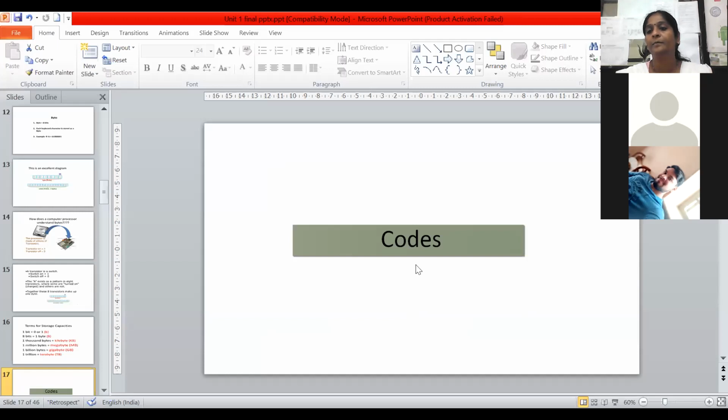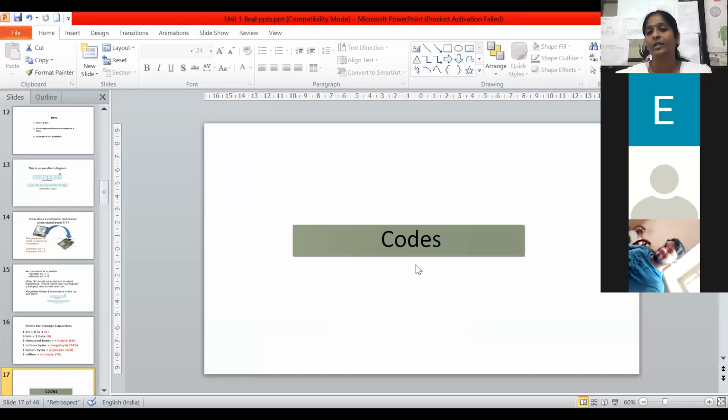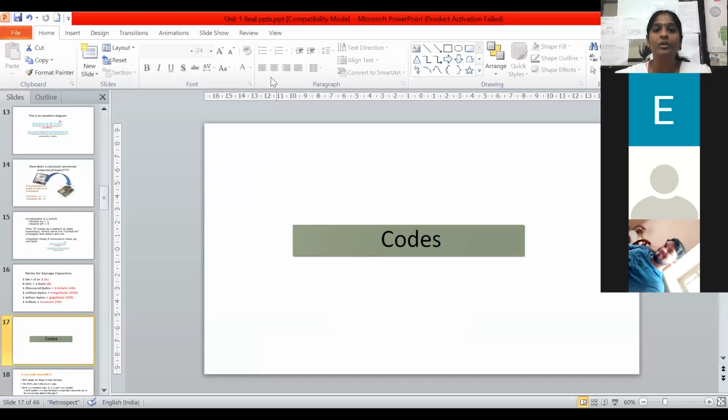Yes, Dipti. Okay, Siddhi, any query? No, ma'am. Okay. Anyone else from the boys side? Any query? Vishal, Pragati Babar, Shraddha, Vaishnavi. Any query? No, ma'am. Everyone has understood bit, nibble, byte, and that word.